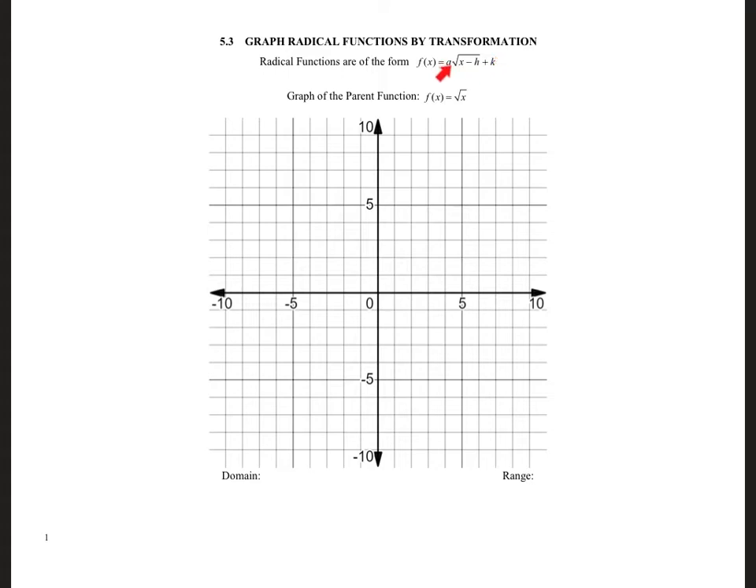Starting with the square root function. So this is the general form, a square root of x minus h plus k. I'm going to start by graphing the parent function. And in graphing the parent function,